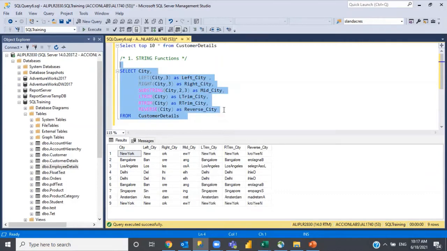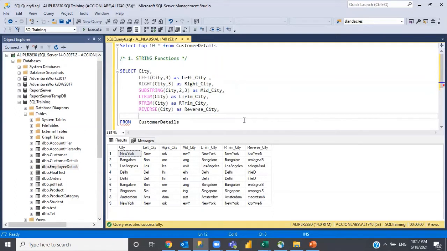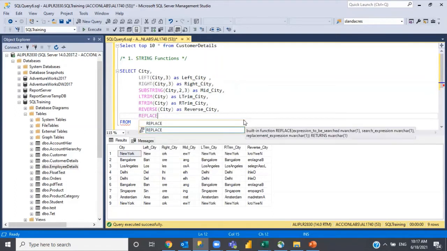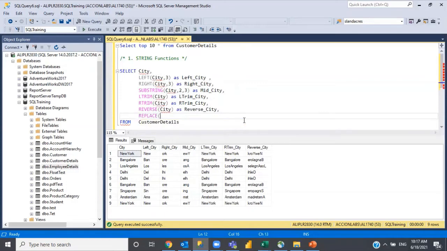Okay. Suppose I want to replace a character, say the letter A, with a comma. How can I replace it? There is a replace function here. You pass the data or column, then the character you want to replace, which is A, and then what you want to replace it with, which is a comma.